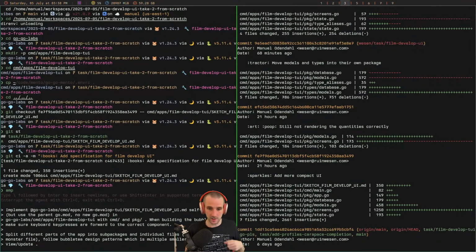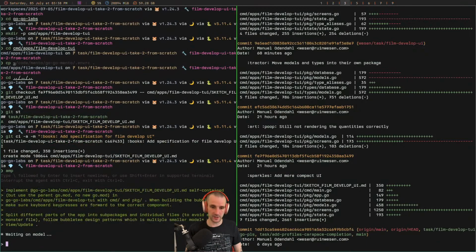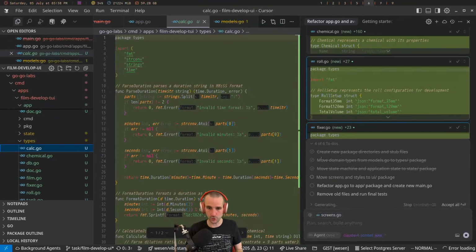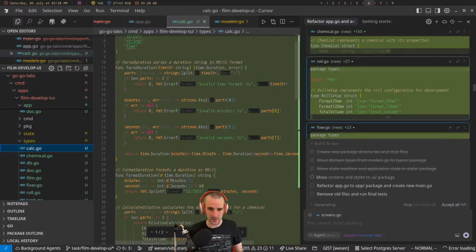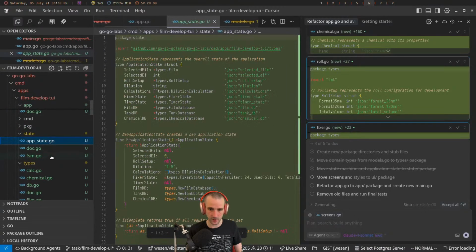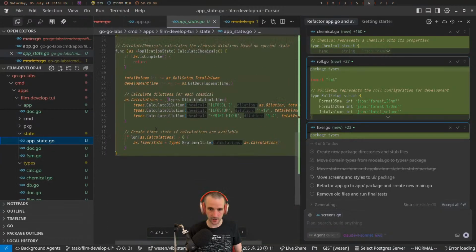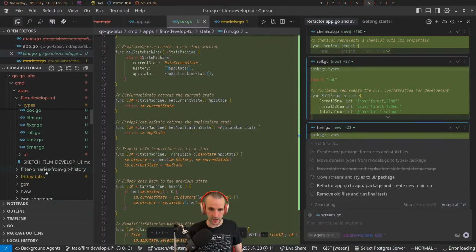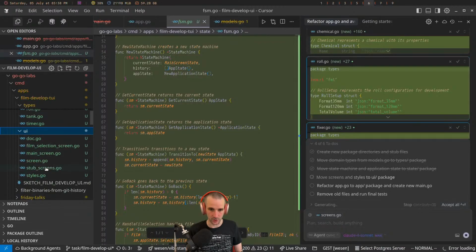So this is yet another experiment. I can let this run in parallel, right? Because I use work trees. And in the meantime, we can continue seeing how this thing develops. And to me, this seems to develop fairly decently so far. We have the app state here. We have the finite state machine here. And then we have here in the UI, it's starting to build,